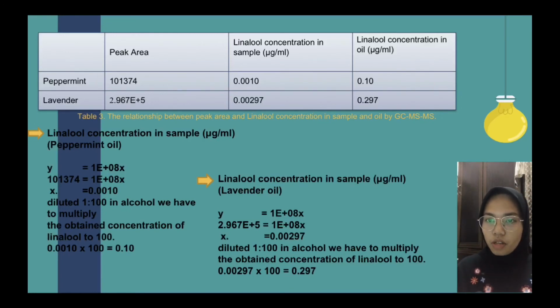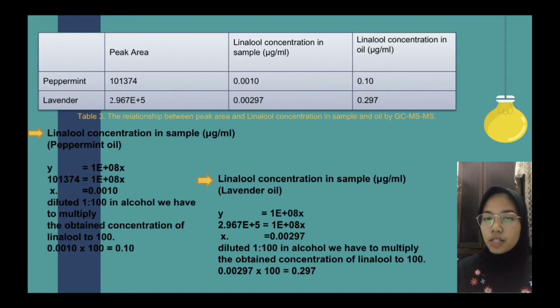To find the peppermint oil concentration in sample, we substitute the value into y equal to 1 exponent 8 x. This equation is already given. The value of y is 101,374, so we divide by 1 exponent 8, and we get x is